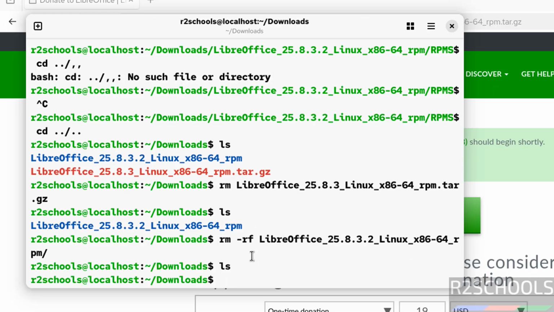Okay, so in this video we have seen how to download and install LibreOffice 25.8 on Oracle Linux standard one. As I told you, the process is same on all